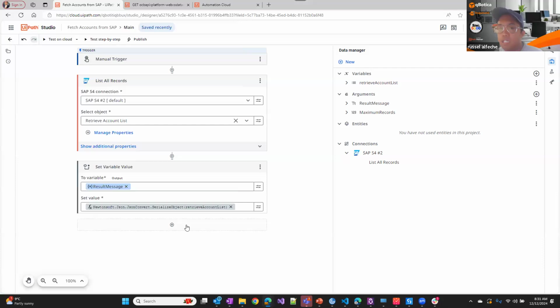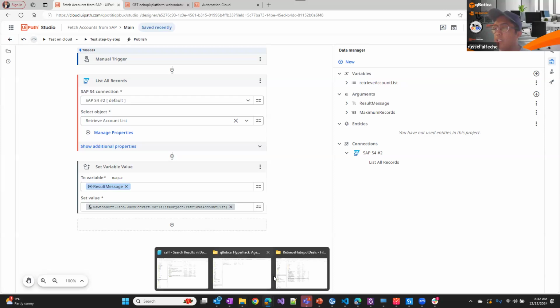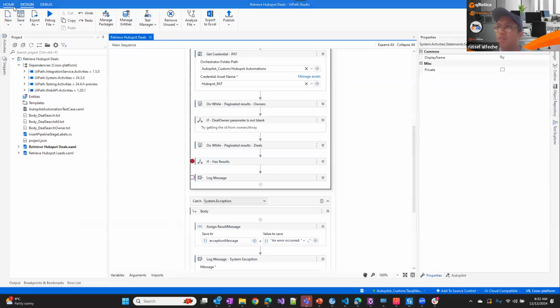Great. Next thing I'm going to show you is, so this is if you want to do it in Studio Web, you can do it here. But there's also a template that you can use in Studio. If you go to